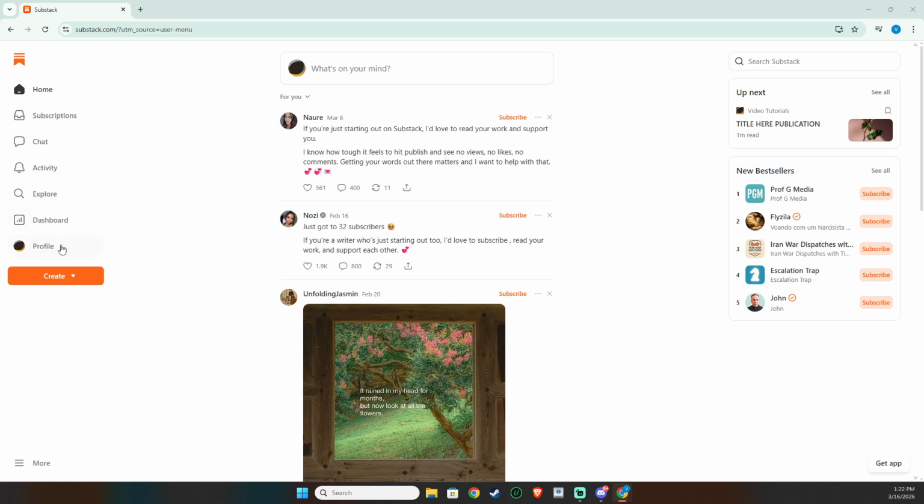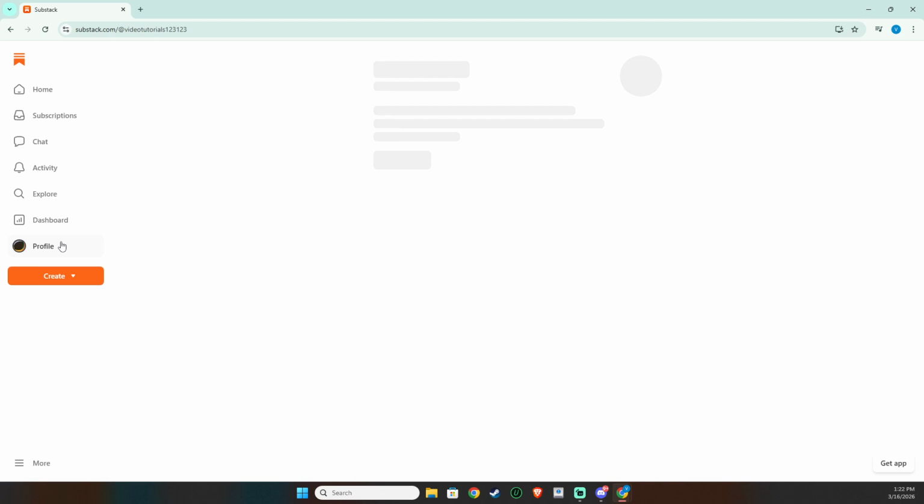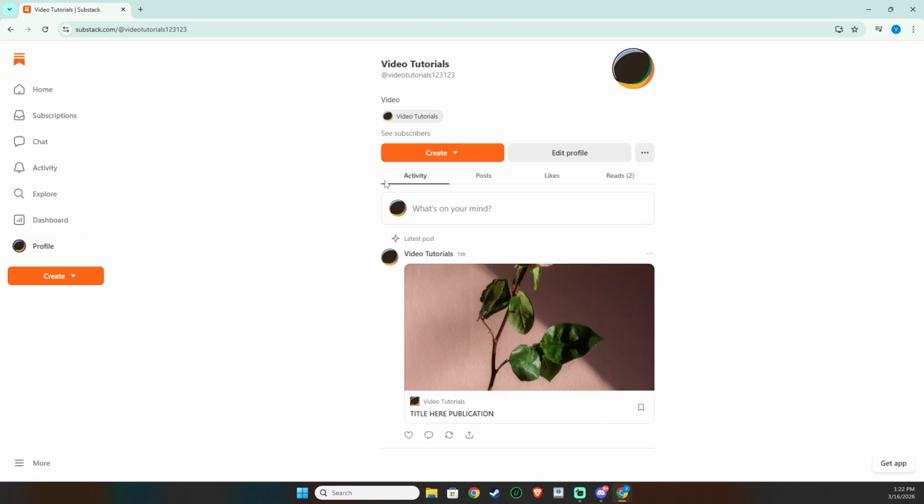You'll find your profile picture or avatar near the top corner of the page. Clicking it opens a small menu that leads to your personal and publication settings. This is the hub for your identity on Substack, things like your display elements and how your publication appears to readers. From there, click Edit Profile.